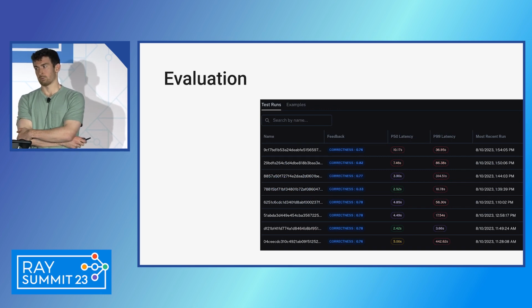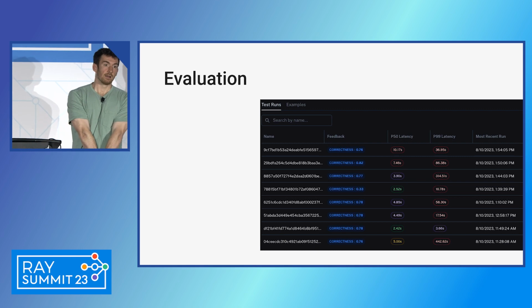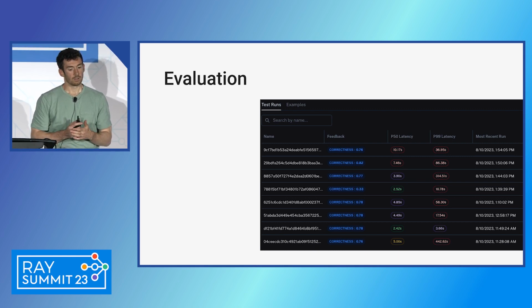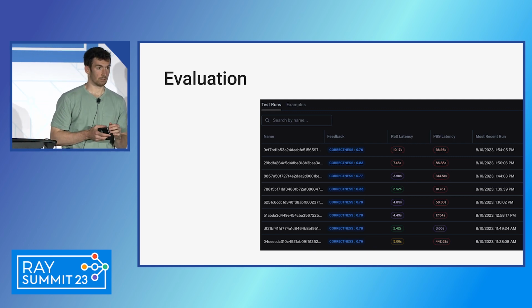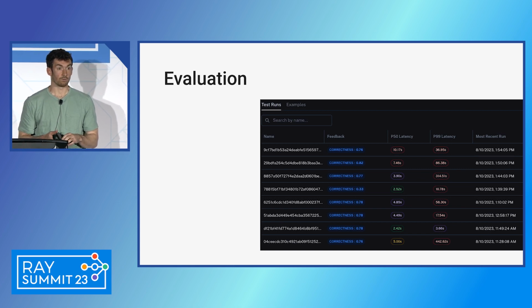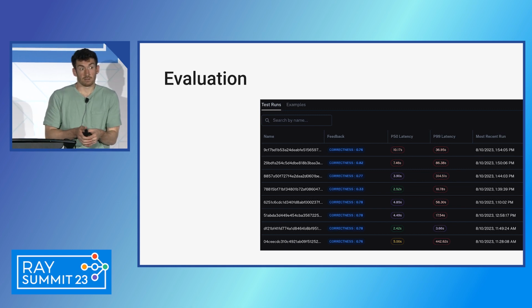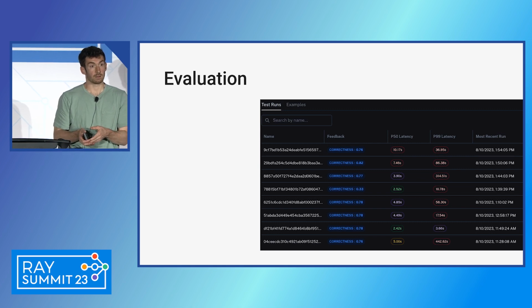One of the other big points where we see a lot of challenges coming into play is around evaluation. And so evaluation is really hard for a few reasons. First of all, the output of a lot of these applications is more natural text than anything else, or natural language. And it's often difficult to evaluate natural language. There's not great metrics. Even if we had good metrics, for a lot of the things that people are building, there's not great data to evaluate on.